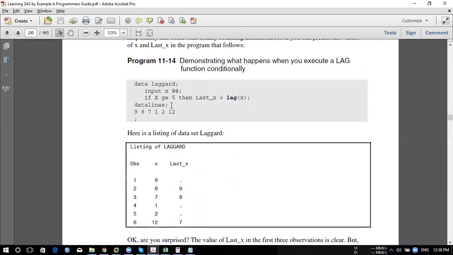They're trying to use if x is greater than 5, then lag is equal to lag x. So what does lag do? It skips one value. Okay, so now the output C. Lag means one is skipped, so it will start from 9, 8, correct? So it's correct for this, also correct. For this it is not correct. If it is greater than 5, then lag 1.